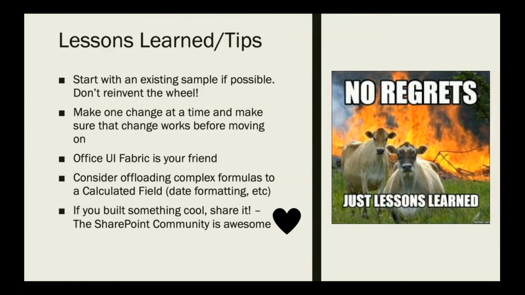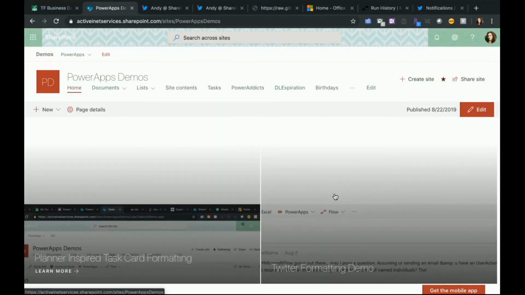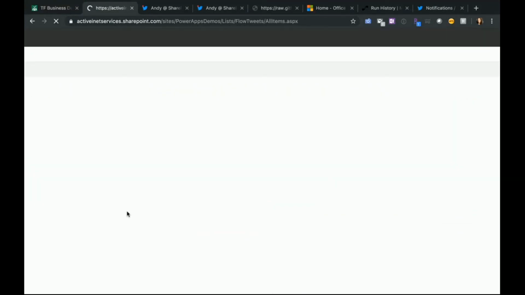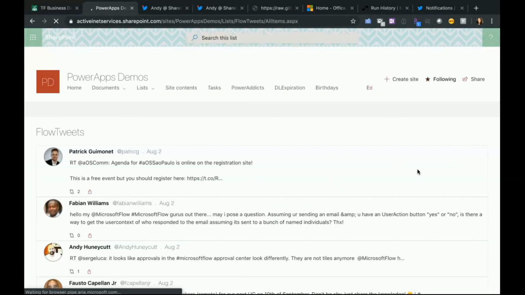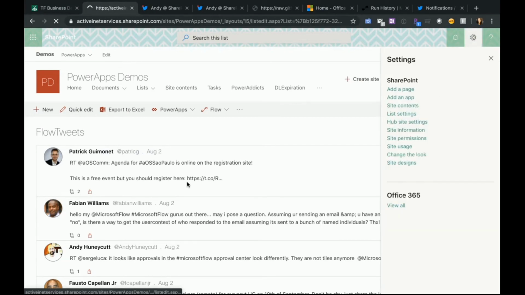And then another one is consider offloading complex formulas to a calculated field. So if you need to do something like in my Twitter example here, I'll actually jump back to that real quick. I'm utilizing that to do the format. This is just a basic date field with the time in SharePoint. So I'm actually using a calculated column to make it show the month name spelled out like that and the date. So if we go here to our list settings real quick,